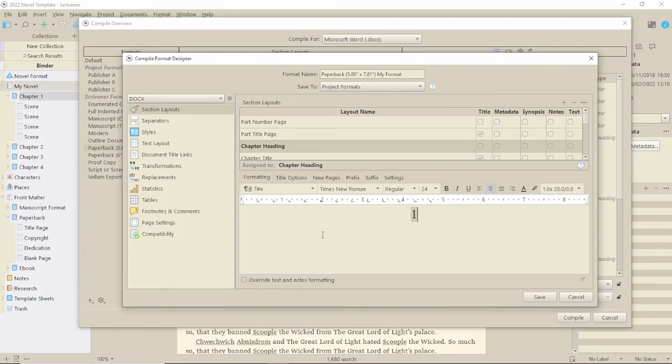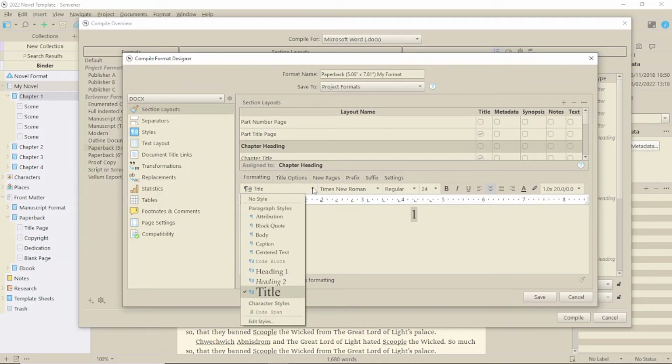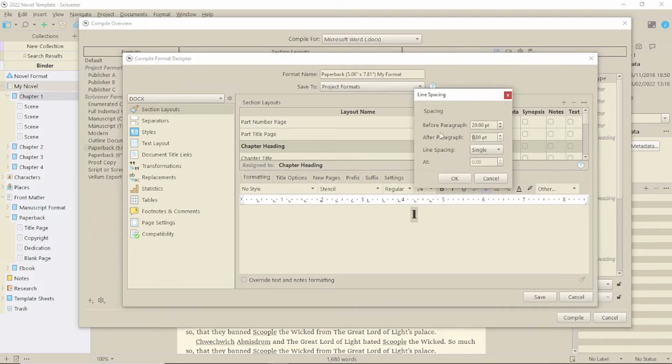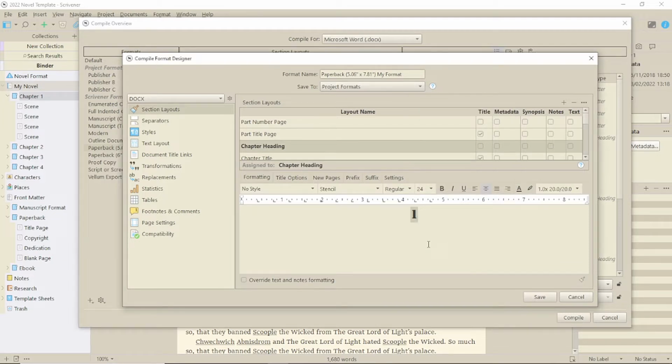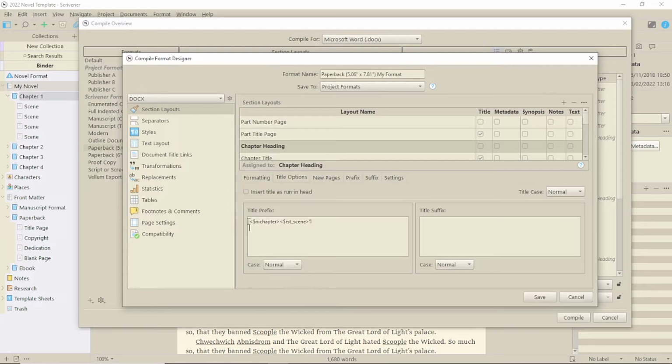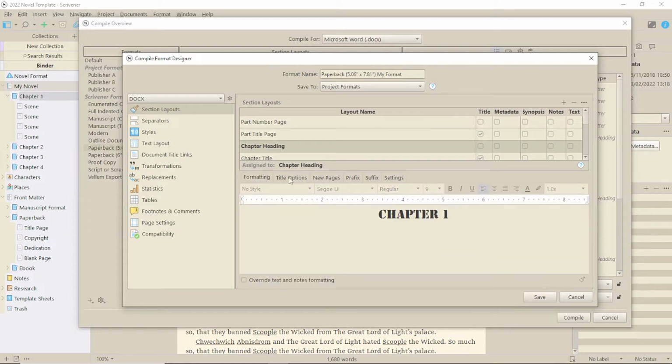Obviously, doing things individually gives you more options. Under title options, you can change the text to uppercase, lowercase, and title case, plus small caps. You can also add text before the title, for example, if you've chosen one that's just a number and won't show upper and lowercase text, and a font that's permanently uppercase.